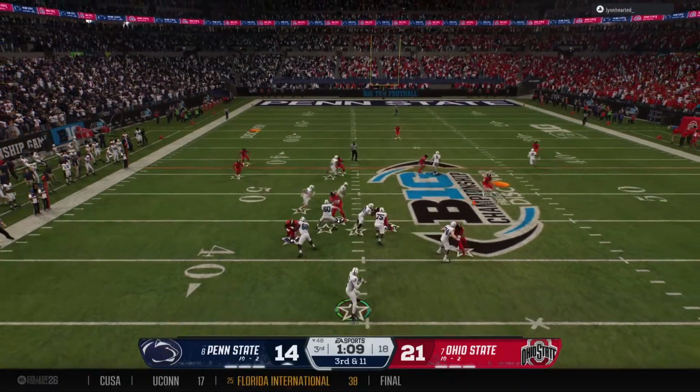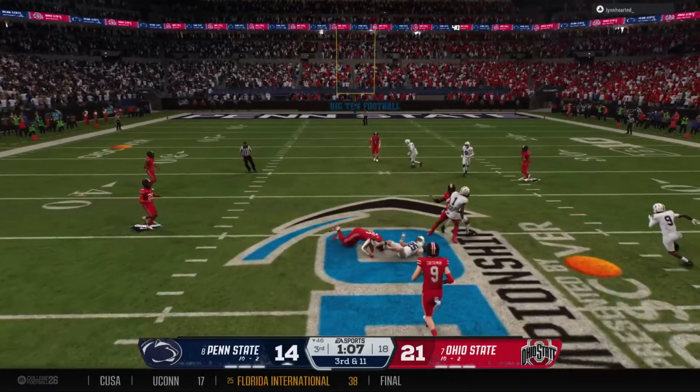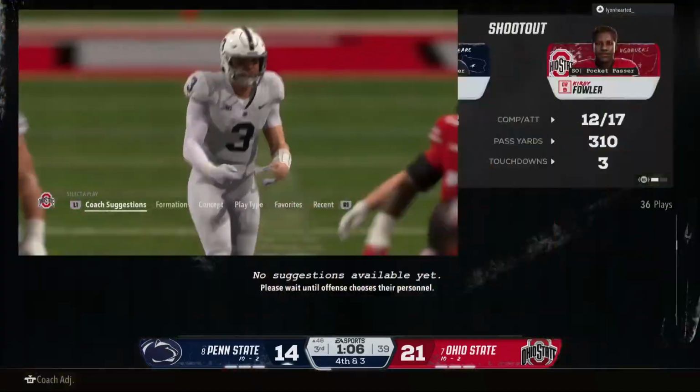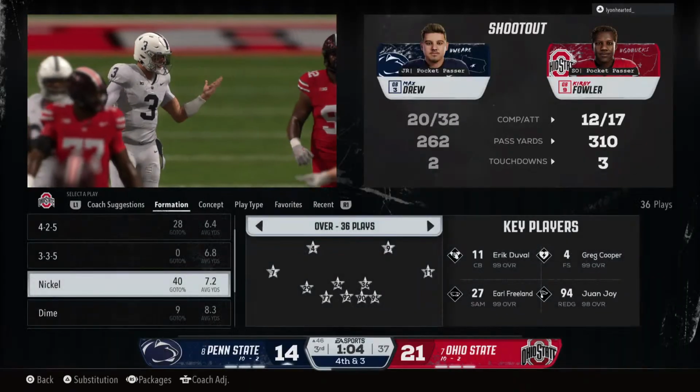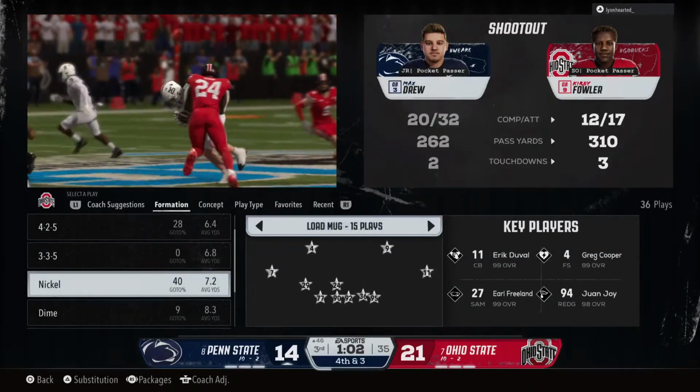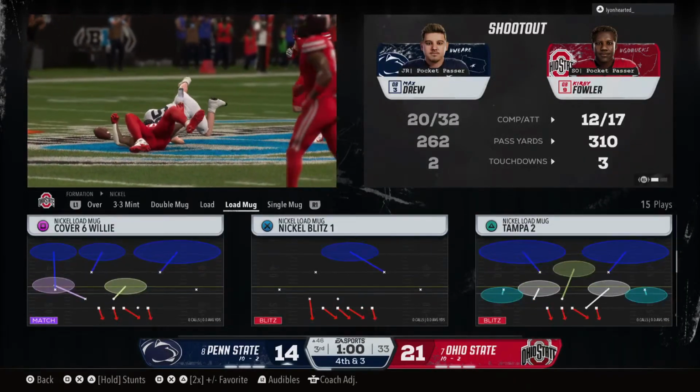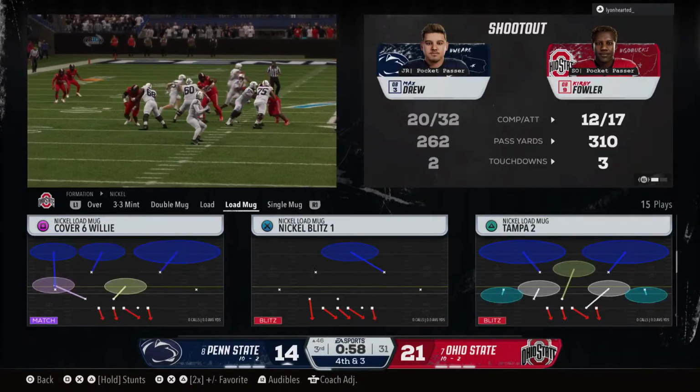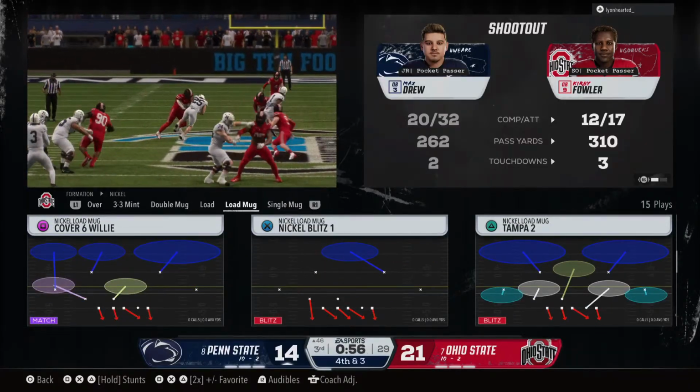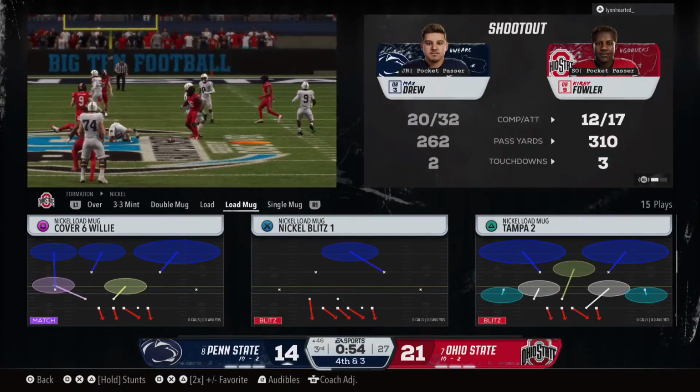Dropping back. They're going to throw for the first down. They give the running back a touch in the pass game. Catch made over the middle. Now there's just nothing here for the quarterback to do other than throw it to his back and hope that he can get the yards after the catch enough for the first down. But the defense gives some yards, but not enough for him to get to the sticks.